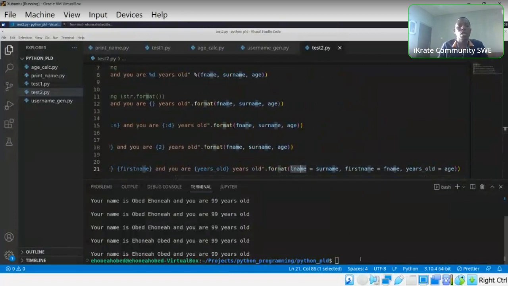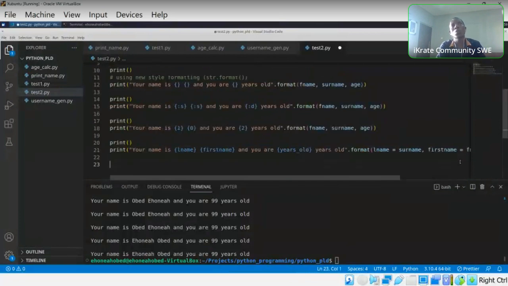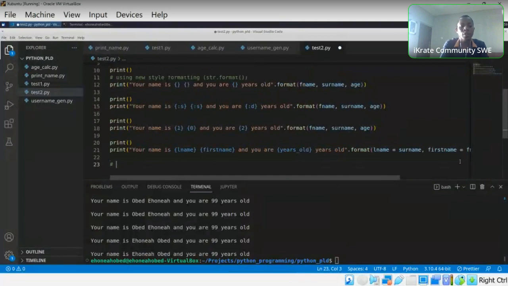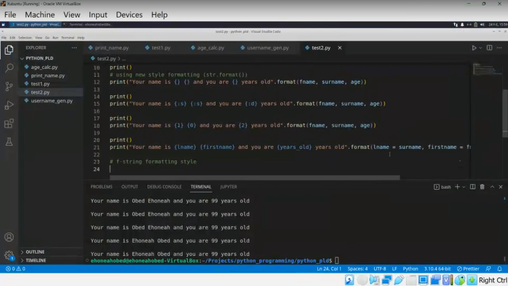So that led to the newest format, which was released in Python 3.6. So that's like the most recent of them all, and that is known as the F string. So the F string formatting style. Let's take a look at that. With the F string formatting style, basically what is happening is that